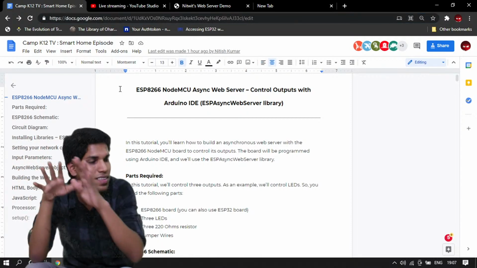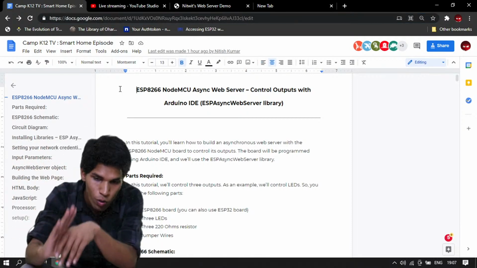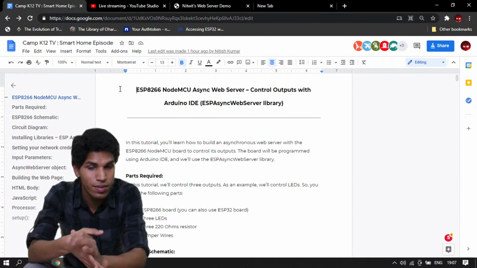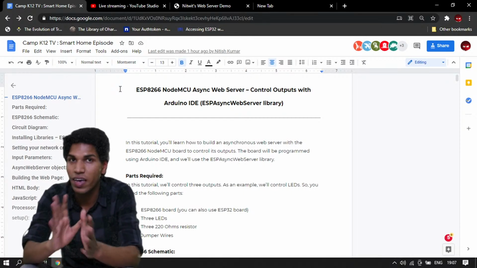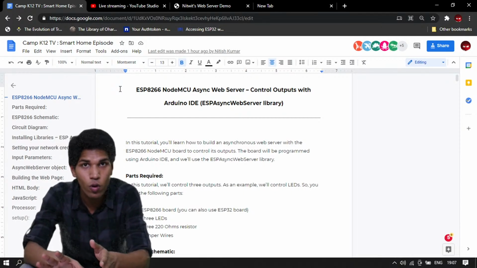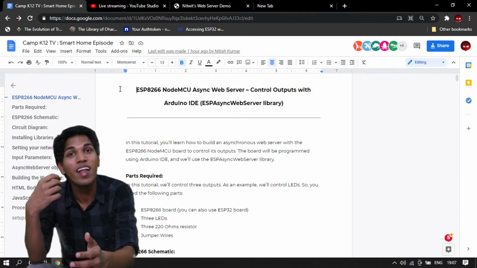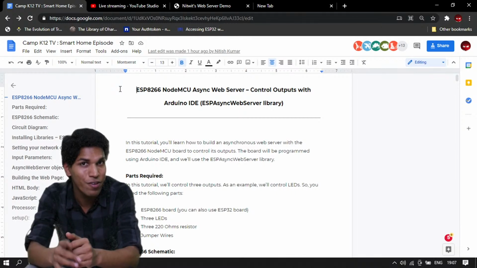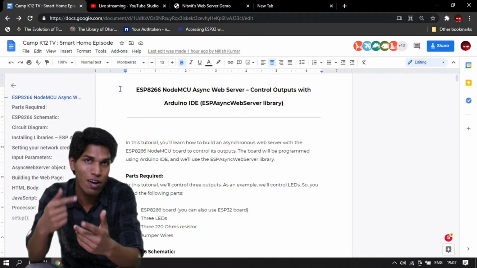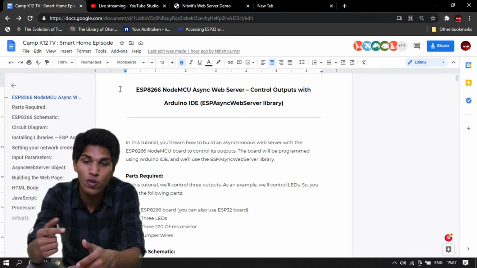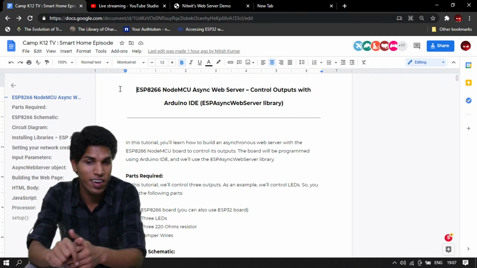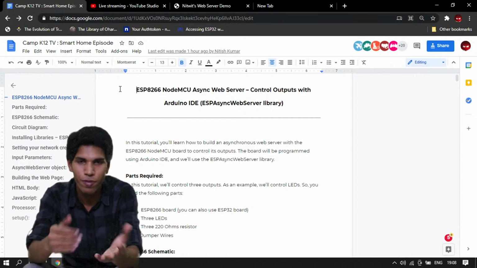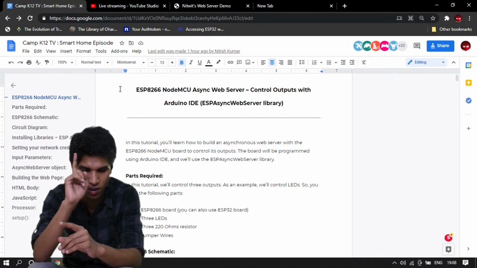This link contains everything that we're going to cover today. All the code, all the materials needed, the circuit diagram and everything. So you will be able to follow everything that I'm saying because I won't be writing all the code. I have already written all the code. I will be explaining what code I have written and you can copy paste the entire code and make the edits. I'll tell you where you will need to make the edits to make it work for your home. So you will be able to control everything in your home through the internet, with the right circuits.